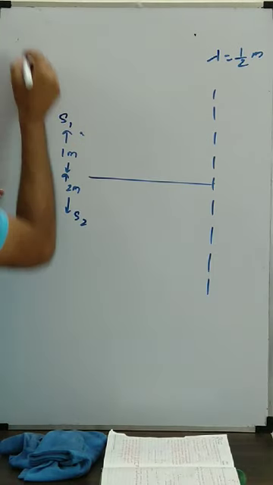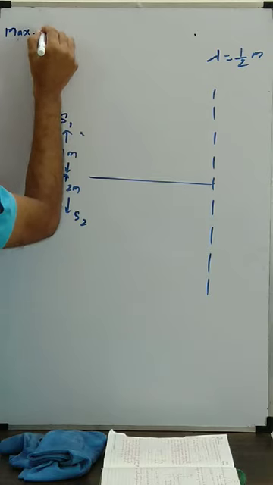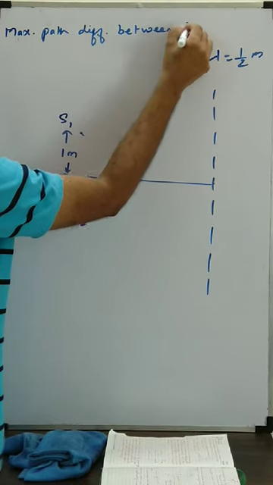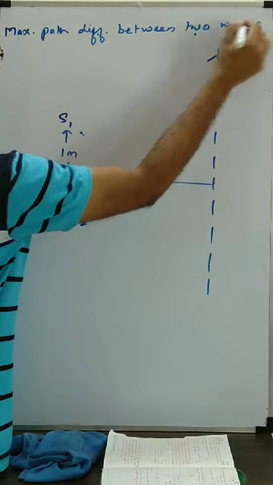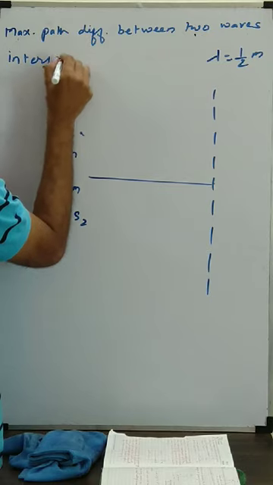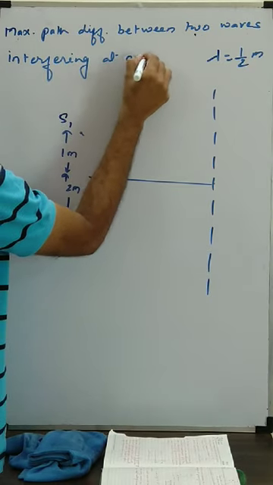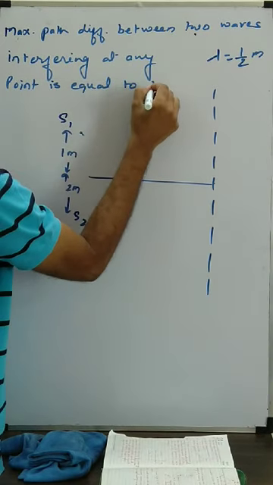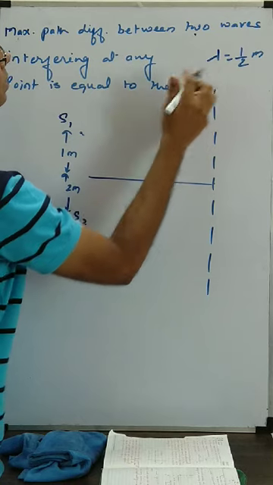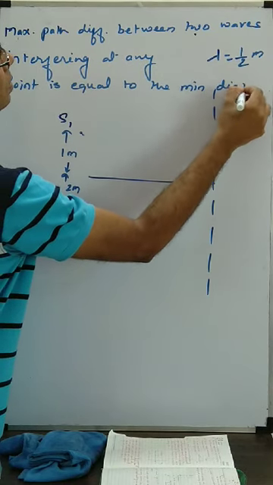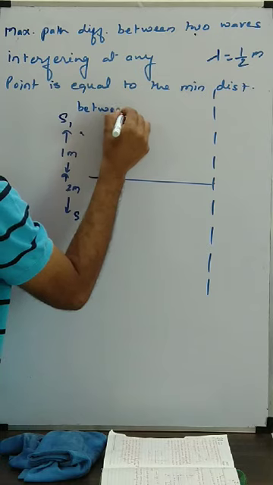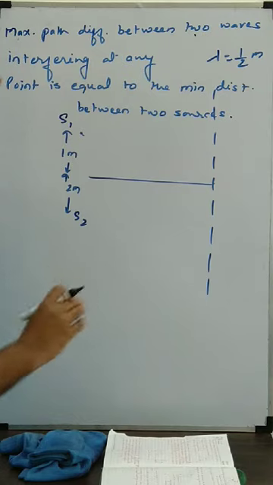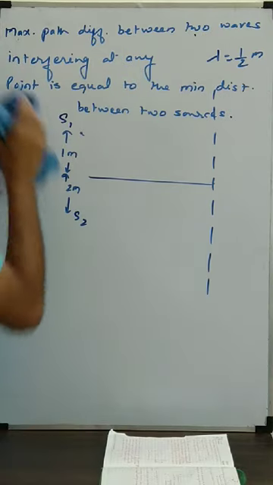Okay, again I am saying maximum distance or maximum path difference between two waves interfering at any point is equal to the distance, the minimum distance between two sources. Okay, this is very important point, please note it. Okay, so what is the maximum path difference